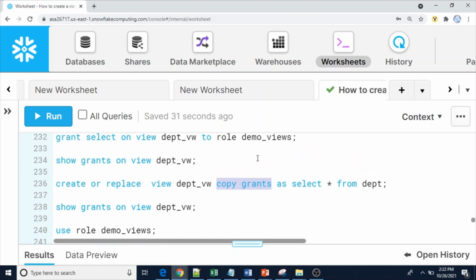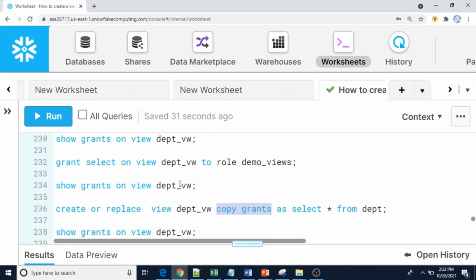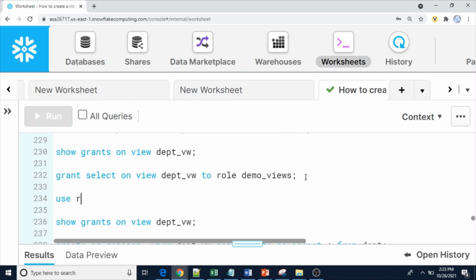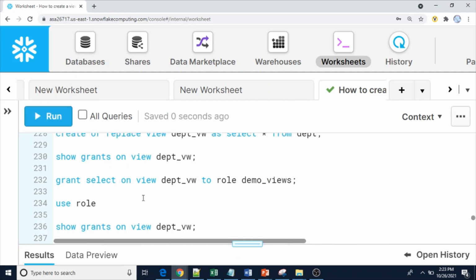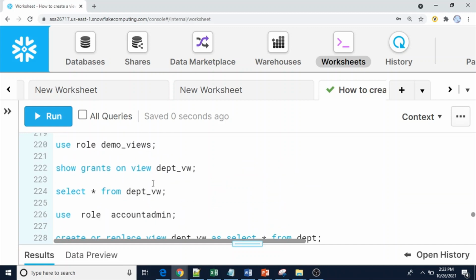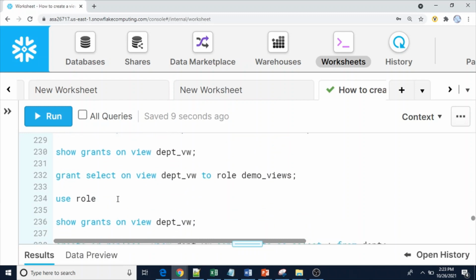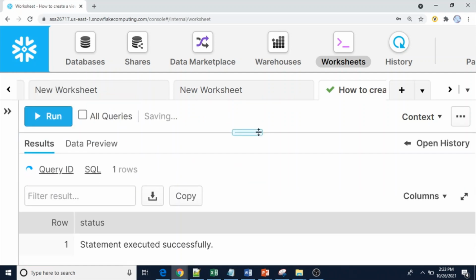Before giving the copy grants option, let me switch to use role. Earlier we had two rows, and then we have recreated it just now, and we didn't give any grants.